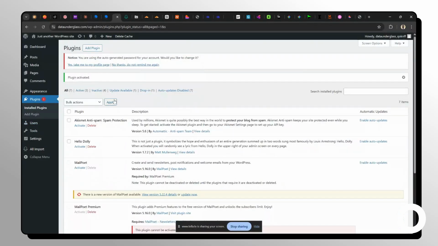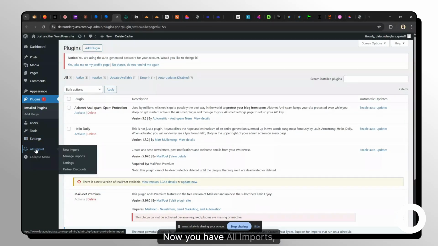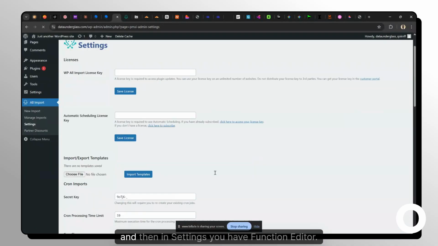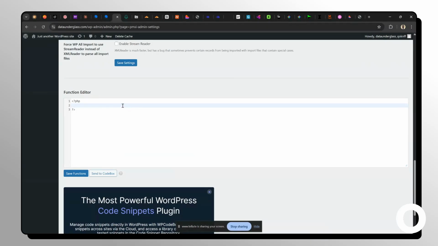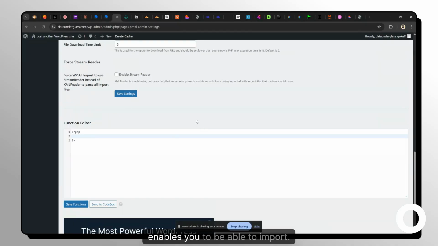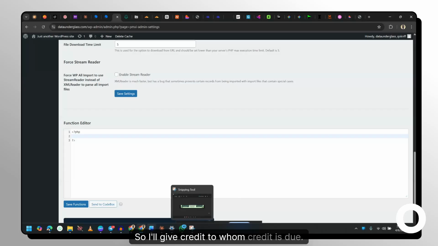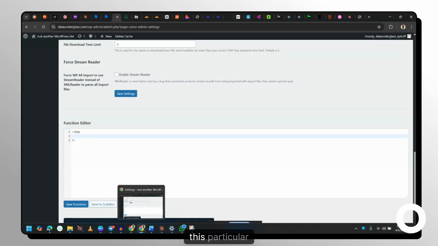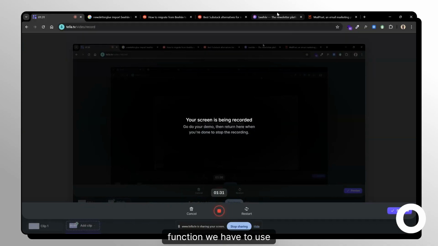So first off, I'm going to refresh. Now you have All Import. In All Import, you have to go to settings. And then in settings, you have function editor. This is where you are going to add a particular function that enables you to import. So I'll give credit to whom credit is due. In order to get this particular function, we have to use